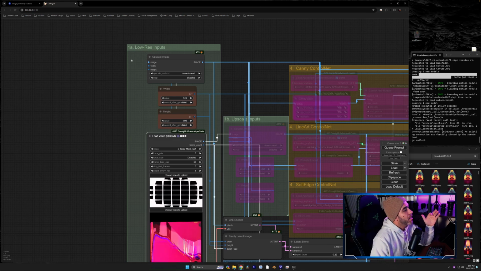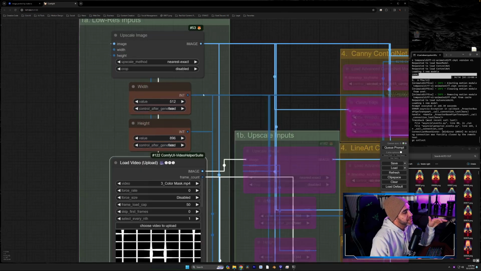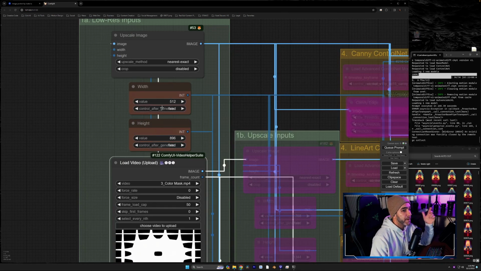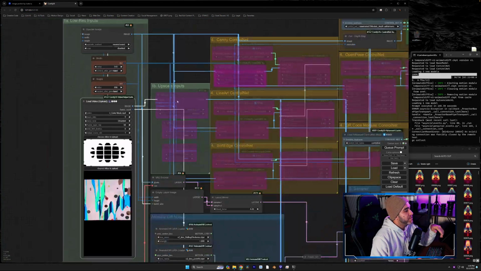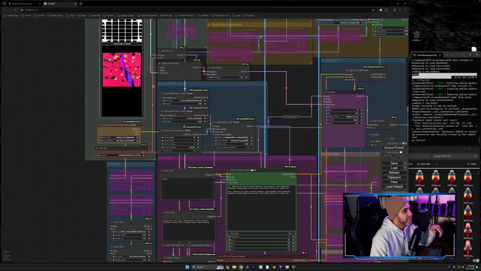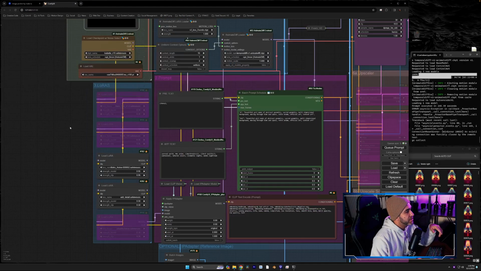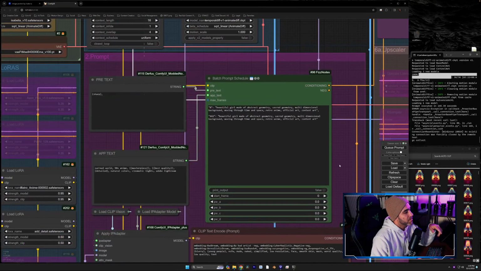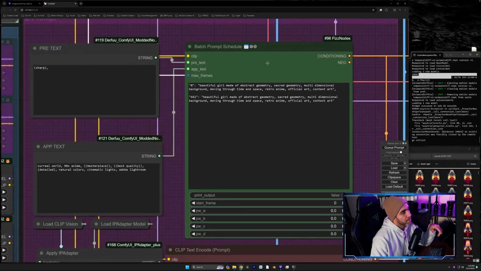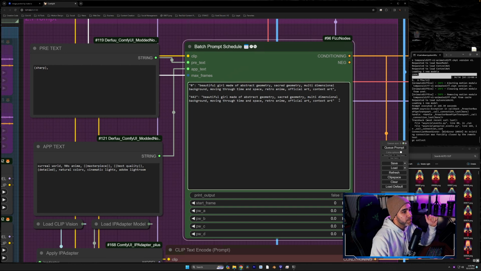So we have our low-res resolution, which for me, I prefer 512 by 896. That then flows down into, well, it could flow up or down, but let's just go down because that's how I have it numbered. It flows down into number 2, which is our prompt. We have our batch prompt scheduler. So this is where you are going to put your main prompt